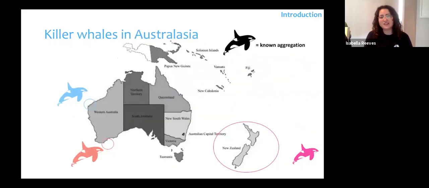So within Australasia, they've been sighted all throughout the region. However, there's been 3 main aggregations found. So one in New Zealand, where they've been seen year round, and they've got quite a long documentation of killer whales in the region. They've also had famous strandings, such as the Type Ds in 1955. So there's a lot of, I guess, records for that area. However, more recently within Australia, within about the last decade, there's been the discovery of these 2 Western Australian aggregations. So we have one in southwestern Australia here and another in northwestern Australia.